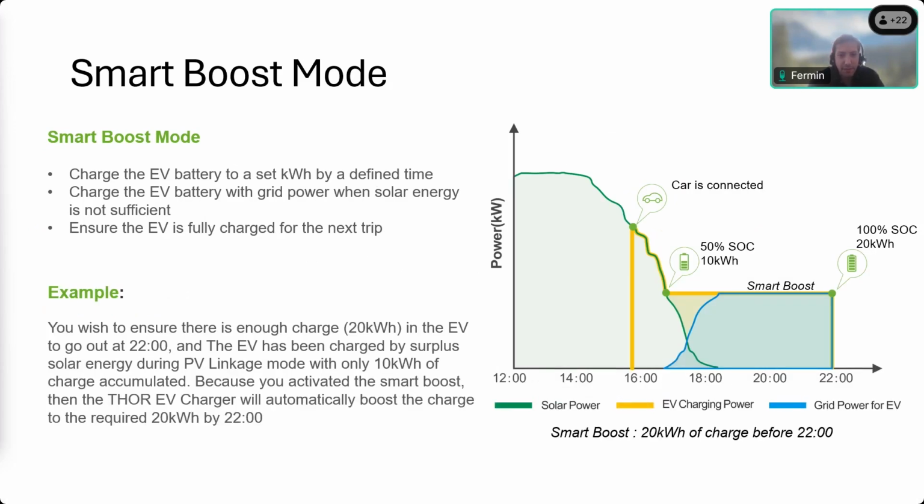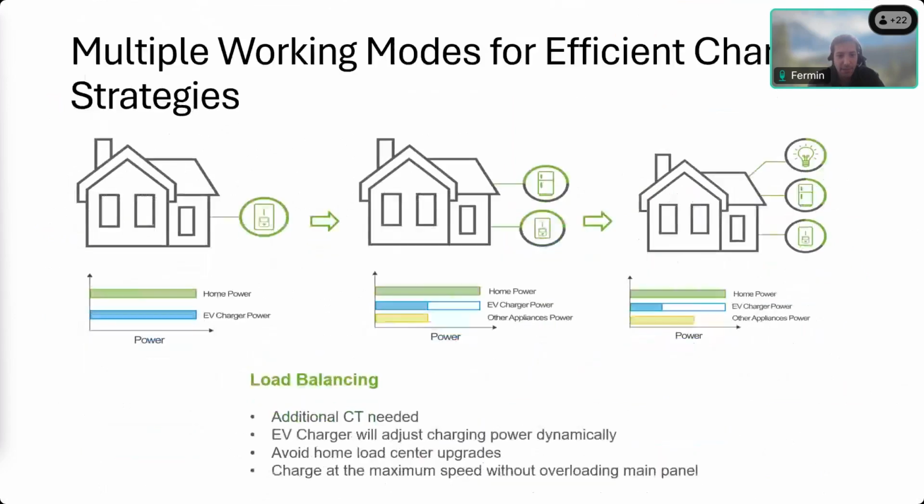The smart boost mode basically allows you to set kilowatt hours and also a time to make sure your car has this level of energy once it finishes. So if it's needed, it'll use the grid power to make sure it charges to the set energy level and at the set time. And last but not least, in the last slide, we have the load balancing